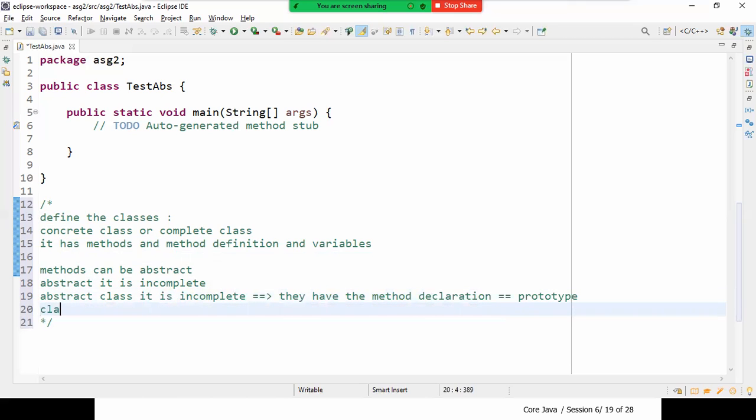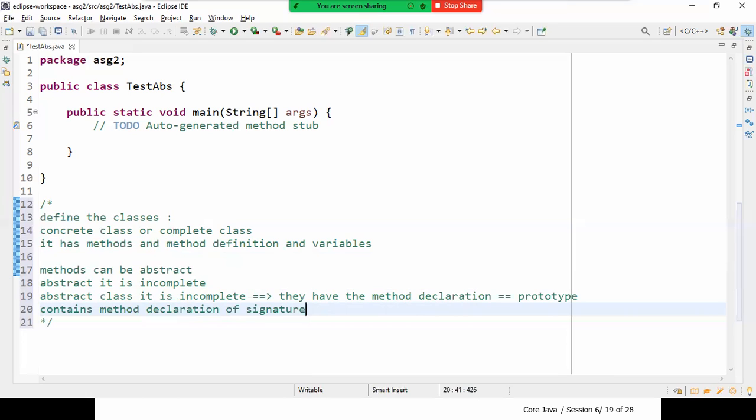Okay, the abstract class contains method declarations. You call it a declaration, or a prototype, or a signature. The method signature alone will be there, but the body of the method will not be there for us.